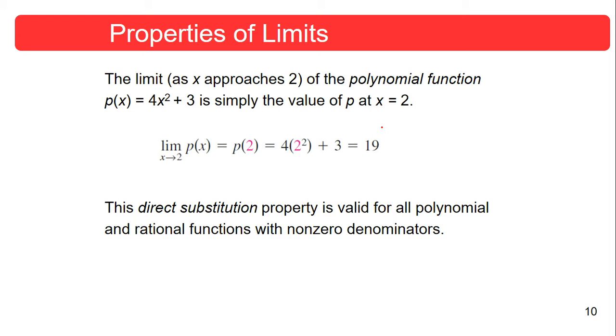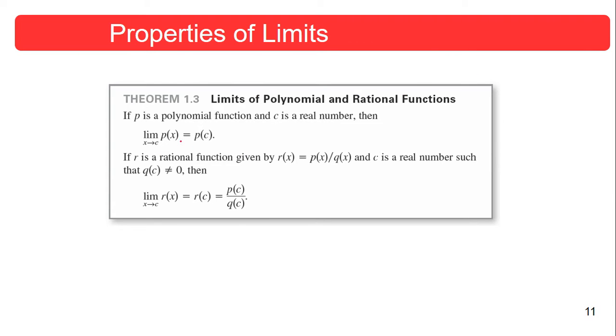This direct substitution property is valid for all polynomial and rational functions with non-zero denominators. So it also works when we have some rational function where we're not dividing by 0. Okay, so limits of polynomial and rational functions, plug it in and make sure that we don't have 0. Essentially, this is going to be true for a lot of the limits that we're evaluating in calculus. That if I want to evaluate the limit of some function,